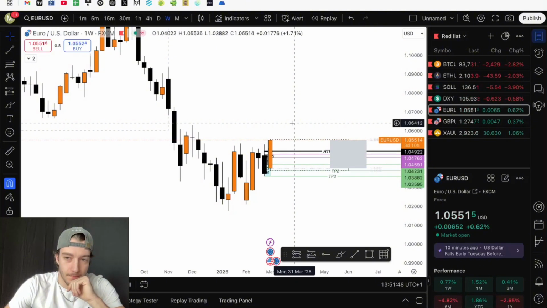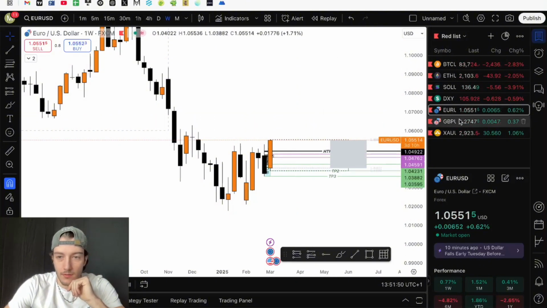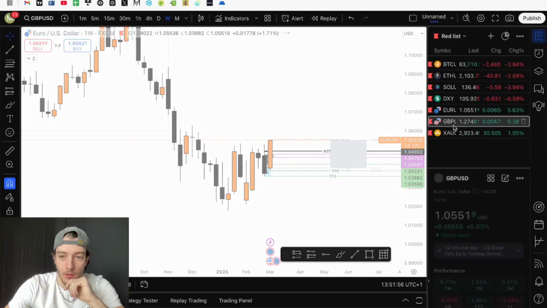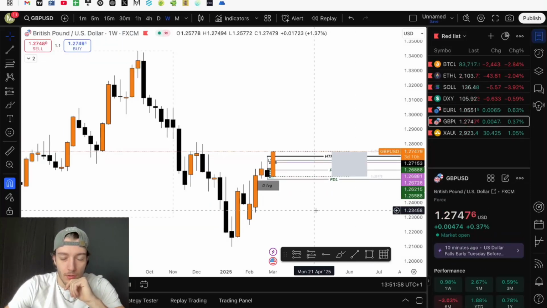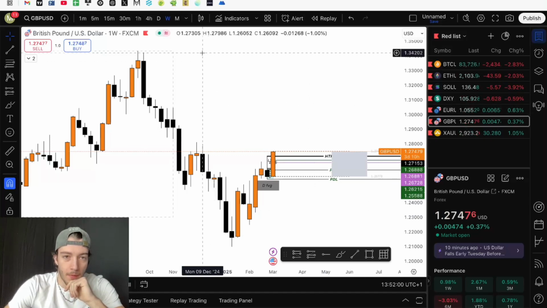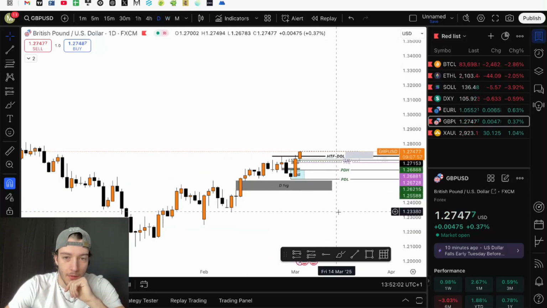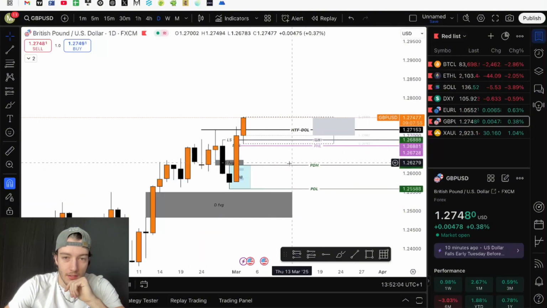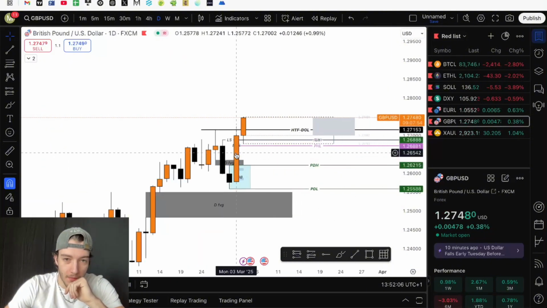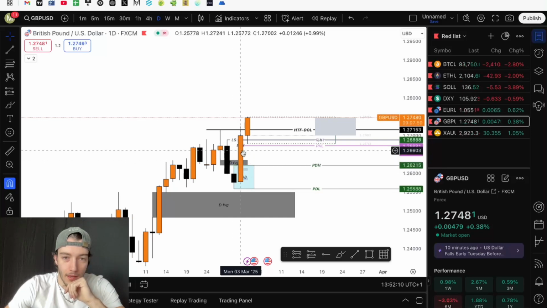But first, our bias. Weekly, we broke structure to the upside. We are still breaking structure to the upside on Euro. We already broke structure to the upside on GU. And on the daily, what we can see is yesterday was Monday, and we basically inversed a daily fair value gap, and